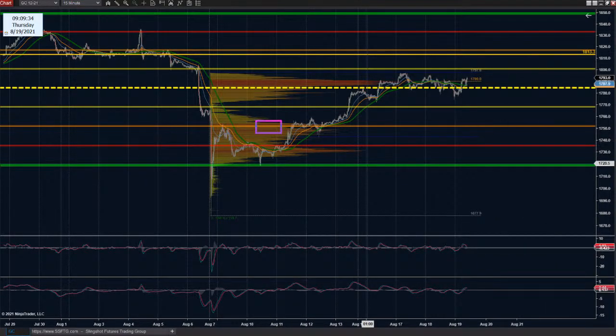And realistically, there was a big jumble of contracts inside of here, which I don't think is much of a surprise. Those are sellers trying to get it to go lower, buyers trying to get it to go higher. This is where the fist fight took place. Actually, specifically right inside here, given the volume node.